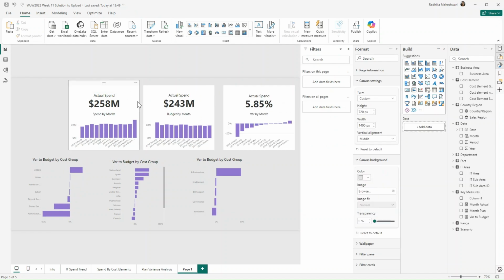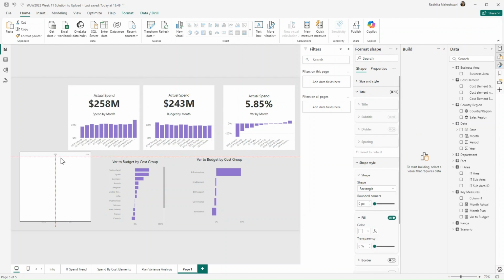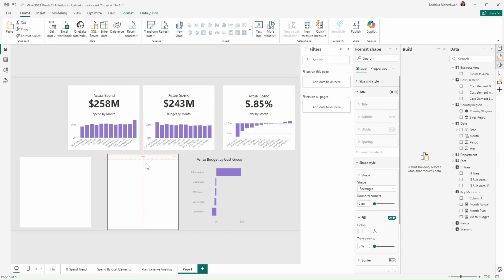I will again copy this and do the same for the bottom visuals as well. And then I'm just going to rearrange these.